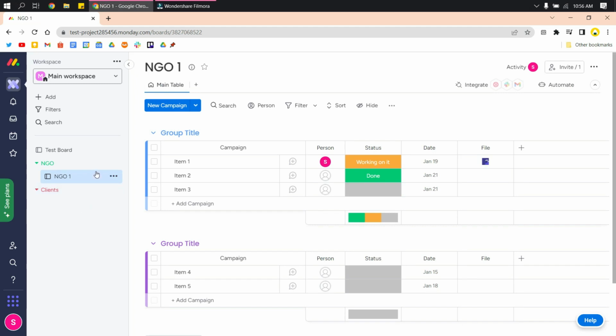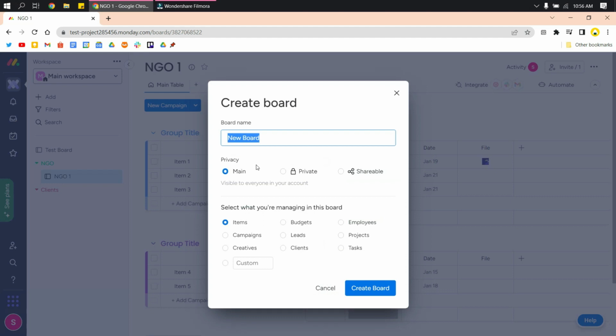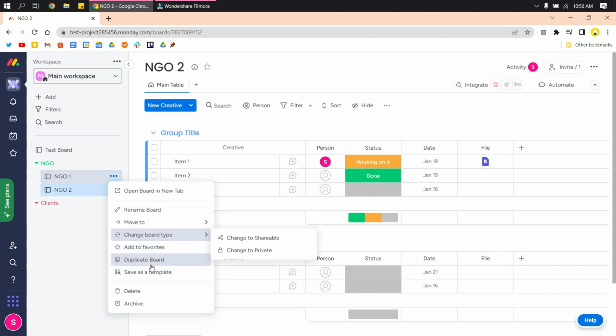And if you are working for another project in that NGO, you could add another board in that folder, and choose another kind of project. So for example, creatives, so that your work or projects are organized and segregated accordingly. So you have other options here. You can move it